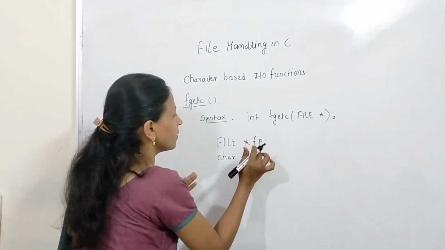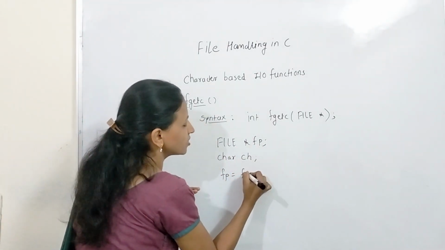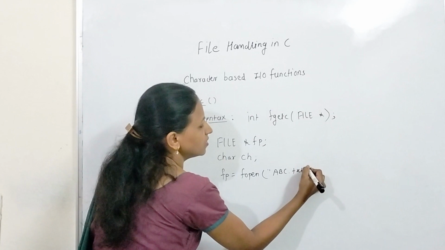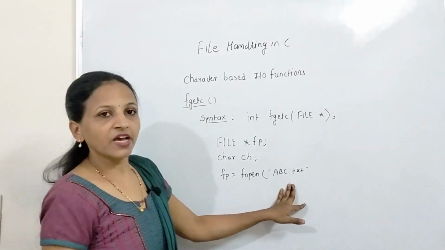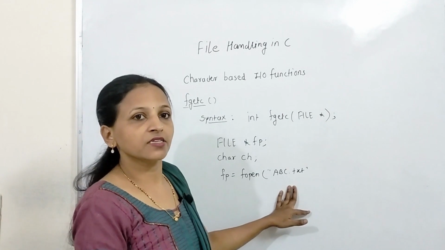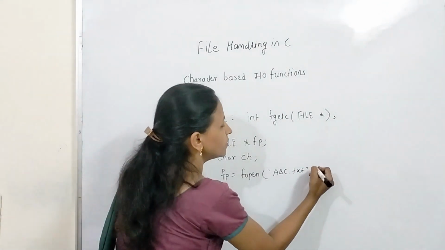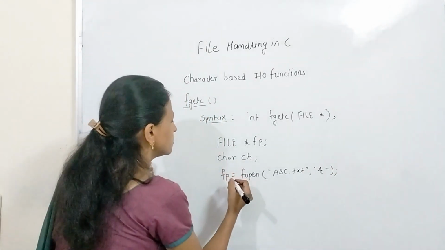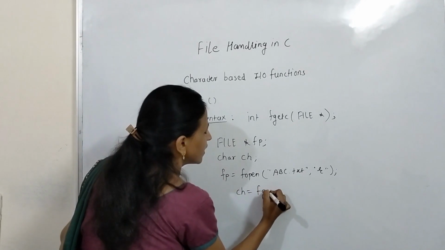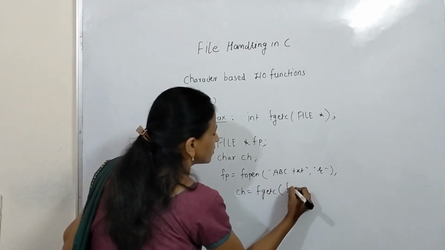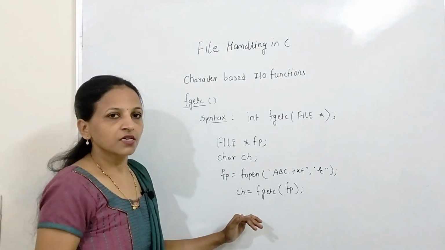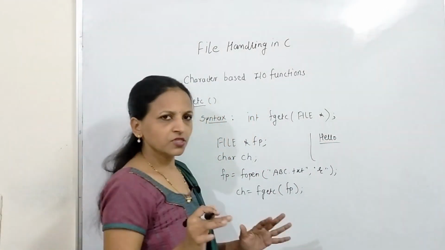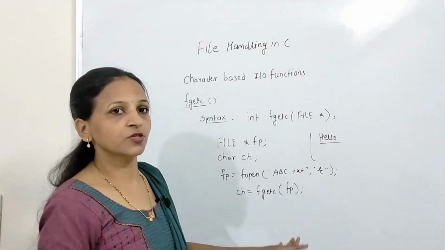Getting? Now here fp using fopen function we will open that file like abc.txt. This is the file name. Now from this file I want to read data character by character. Now here read means we have to open that file in read mode. To read a character we will use that ch equals to fgetc and file pointer, that is fp, we have to pass here. Let this abc.txt file is having this hello.